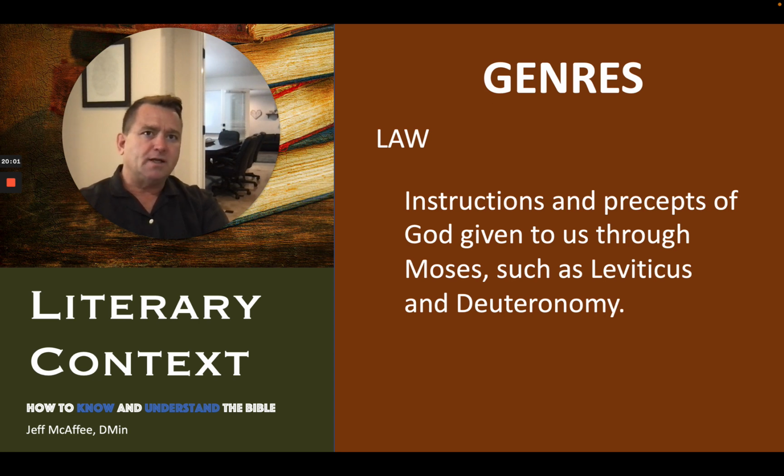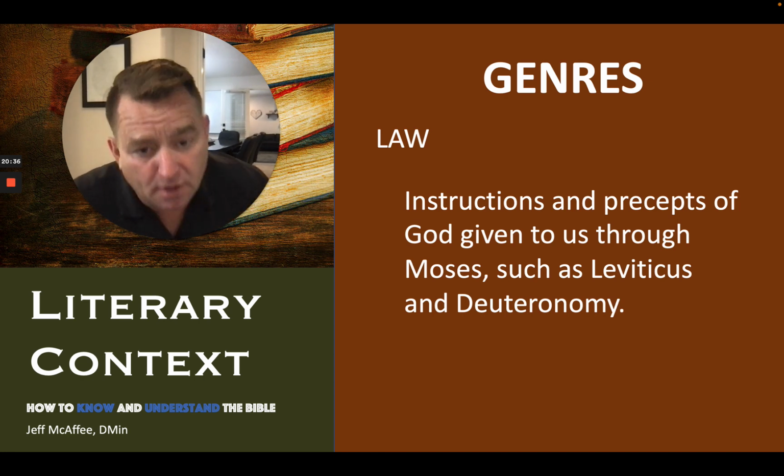And we find portions of the law in the book of Exodus, which is where the Ten Commandments were given. And then Leviticus is a book that's solely dedicated to the explanation and the description of the law that God had given. So there are 10 commandments, but in addition to that, there are hundreds of other commandments God had given the Israelites. Those are all written in Leviticus, and they're rehashed in the book of Deuteronomy.